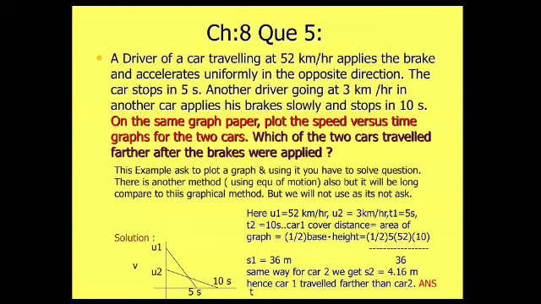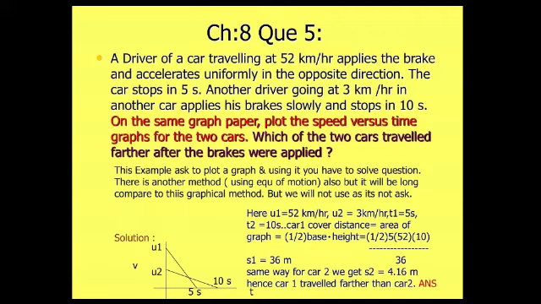So in this example we will use the v versus t graph. See in the clip, the v versus t graph is given. By finding the area of this v versus t graph we get the distance for the given time interval. So for the first car we get the distance s1 is equal to 36 meter, and for the second car we get the distance s2 is equal to 4.16 meter. So we can say that the first car travels further than the second car, and here we have given the enclosed area and its value.